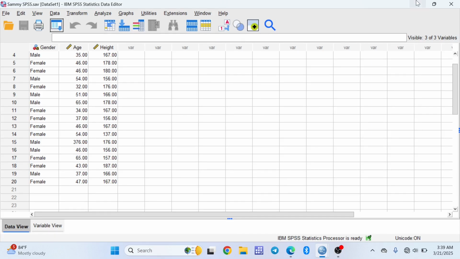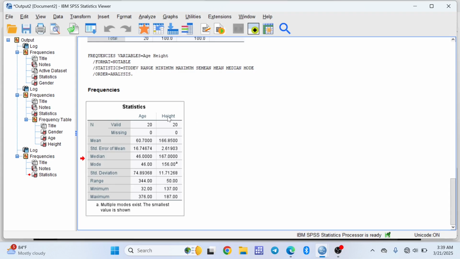So let's go back to our output window. When we look at the height, we have a summary of the measures we chose presented here for us. So you have the mean value, you have the standard error of the mean. But mostly what we report about the numeric variables is also the mean value, sometimes only the mean value. So you see that the mean height or the average height in our data set is 166 centimeters or something